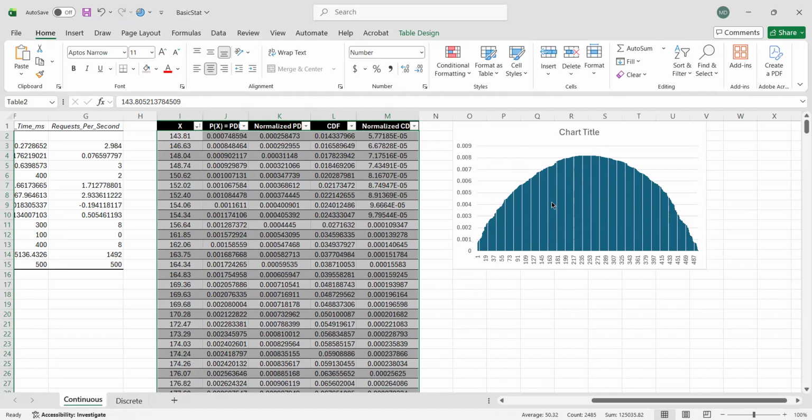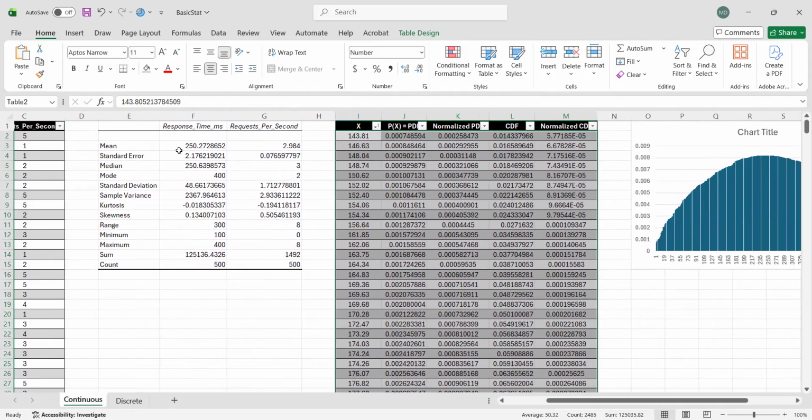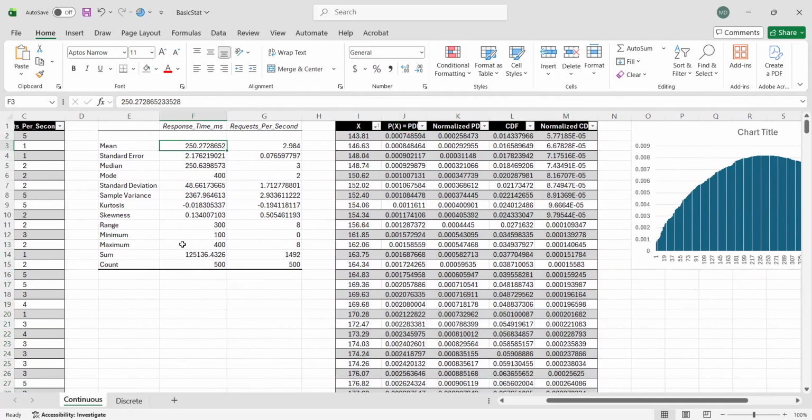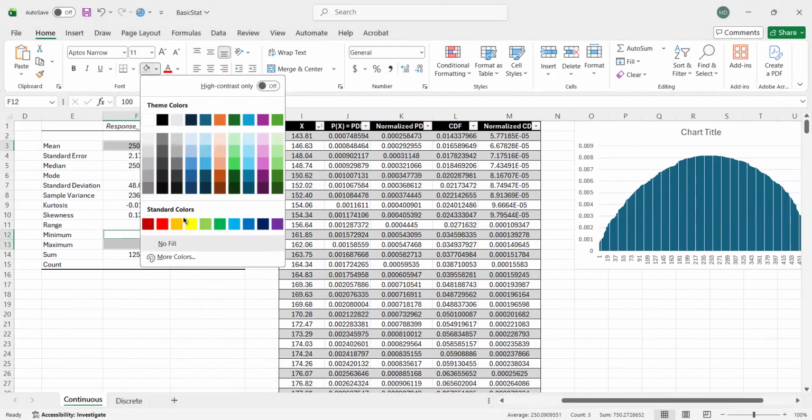It's not really bell-shaped, but as you can see, this is symmetric. So it appears to be normal already. It's almost normal. And the problem is, if you look at our descriptive stats, let me highlight this.